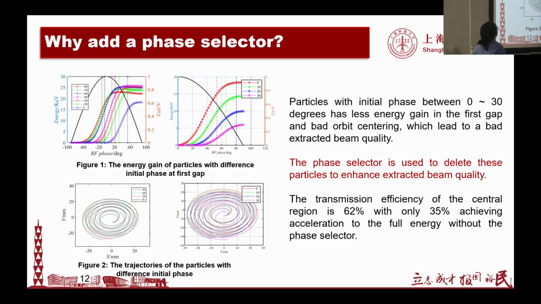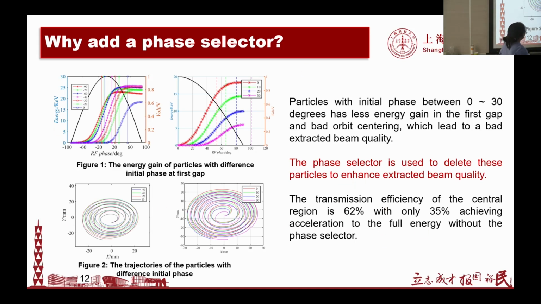Why we add a phase selector in the central region. This figure is the energy gain of particles and trajectories with different initial phases. We can see from those two pictures that particles with initial phase between 0 to 30 degrees have less